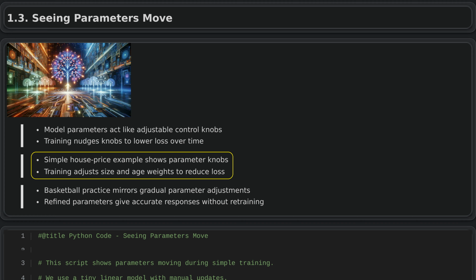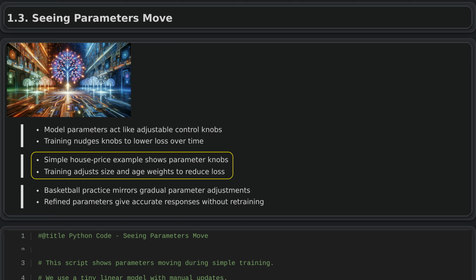Imagine a model predicting house prices using only size and age, where one parameter controls how strongly size affects price and another controls the effect of age. If the model undervalues size, it predicts prices that are too low for large houses. So the learning algorithm increases the size parameter. If it overemphasizes age, it predicts prices that are too low for older houses, so the algorithm reduces the age parameter. By repeatedly adjusting these parameters based on such errors, the model gradually captures the true relationships in the data